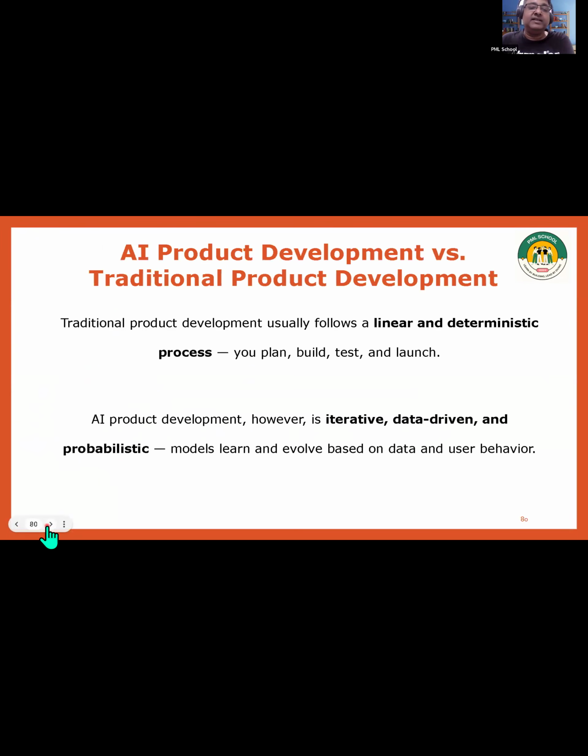AI development versus traditional product, right? So now, what is the difference, guys, between AI and traditional? Everybody clear? I'll stop here before moving on. What is traditional product development and AI product development? Anybody knows? See, as I told you, traditional products are linear, like they know X and Y. But when you're going for AI products, they're iterative, right? You always have to see what the data is, what data is coming in. You're learning from